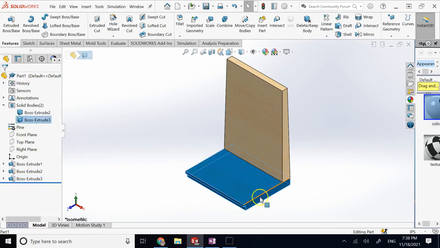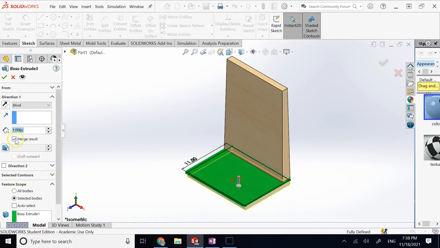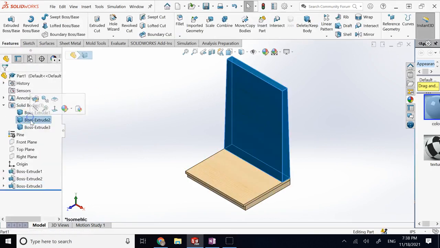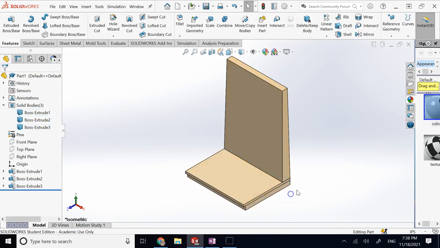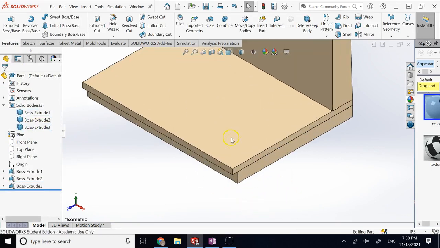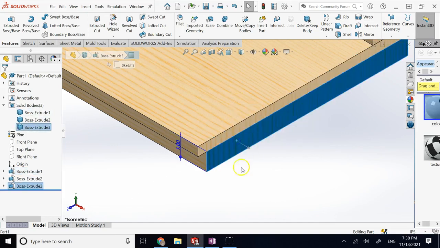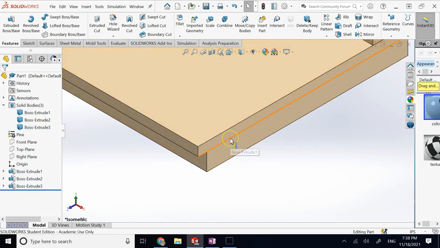what? It merged these two objects together, right? So if I go back and say, hey, do not merge, then what is it going to make? 3 separate objects, as you can see. And there are visible edges between them. Although these two surfaces are flush with each other, because they are separate objects, you see a visible edge